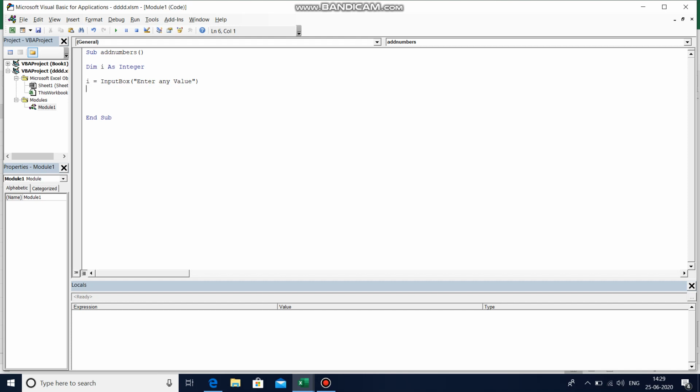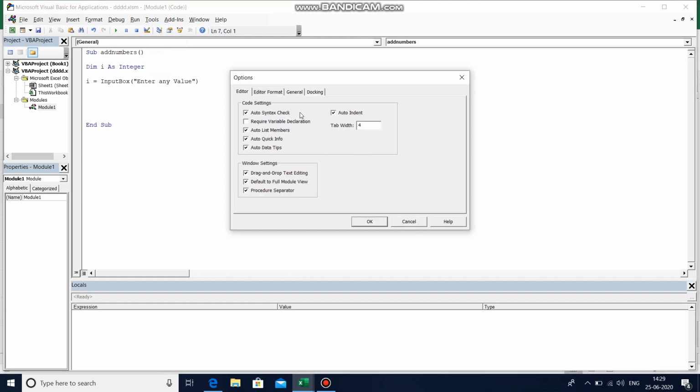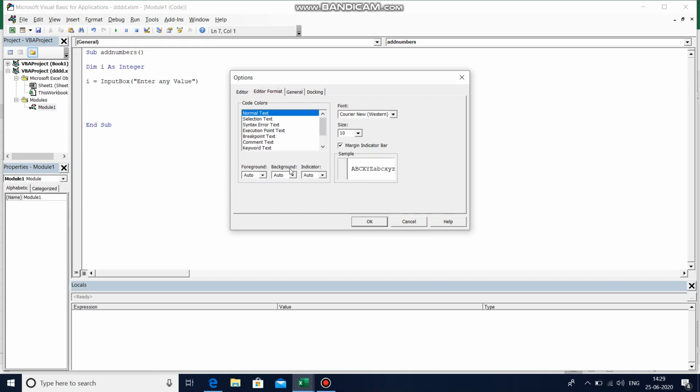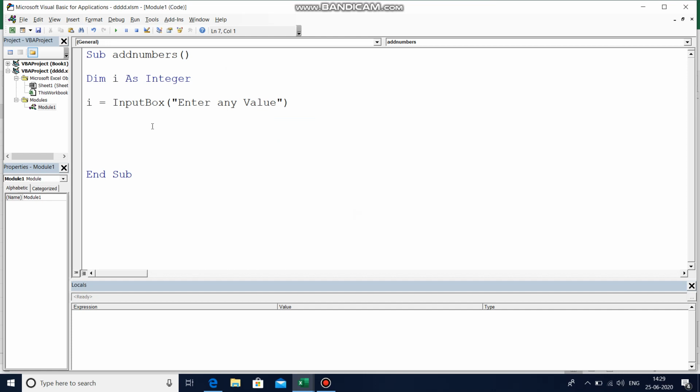Quotations close, hit enter. So I initiated the I value with some input. Whatever the user gives the input 10, 20, 30, it will get saved in that variable. So in this way I initiated the I value.